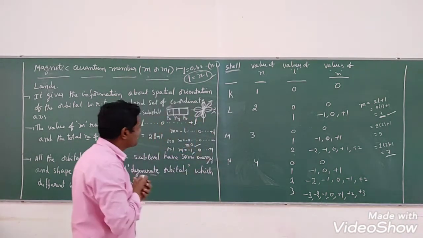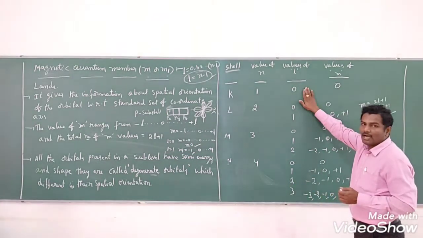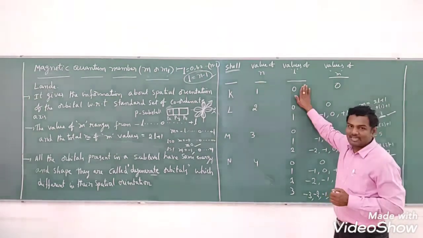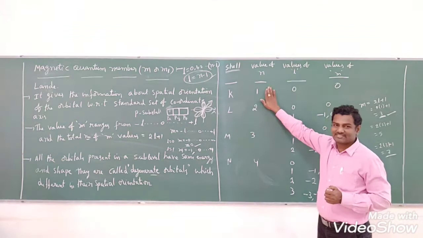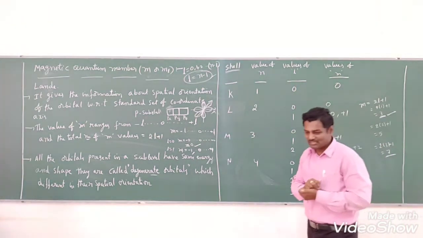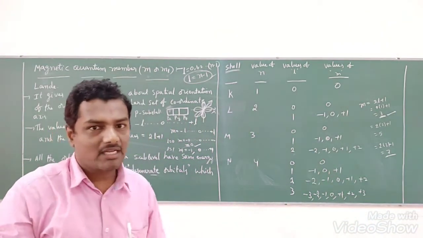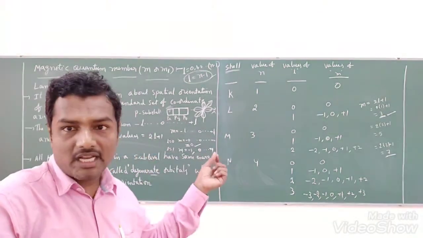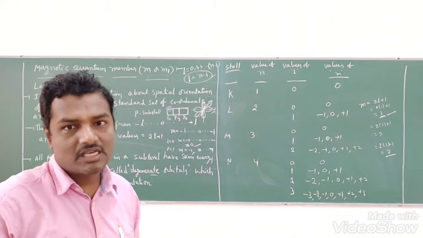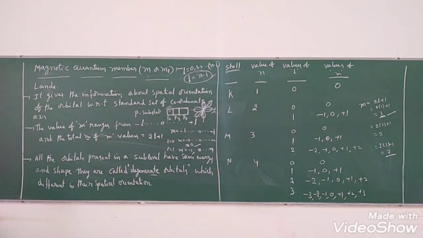I hope everybody understood this. How do we write the m values for a given L? How do we write the L values for a given n? See that m depends on the L value, and L depends on the n value. These 3 are interrelated, and based on this we can identify. I hope everybody understood. Practice one time and you will definitely get it, because this is very important in objective-type questions also, students. Based on this concept there is a chance to ask questions. All those questions you will see. You copy these points, everybody.